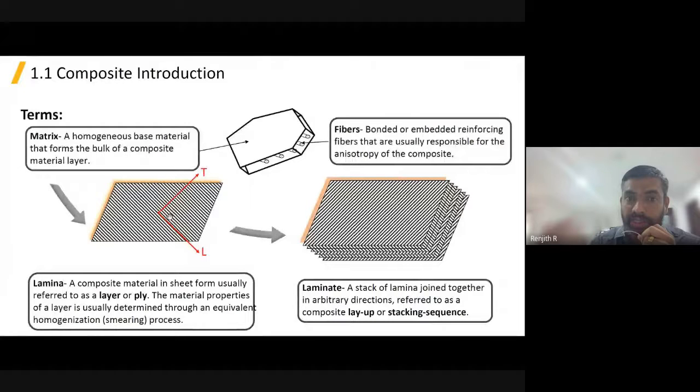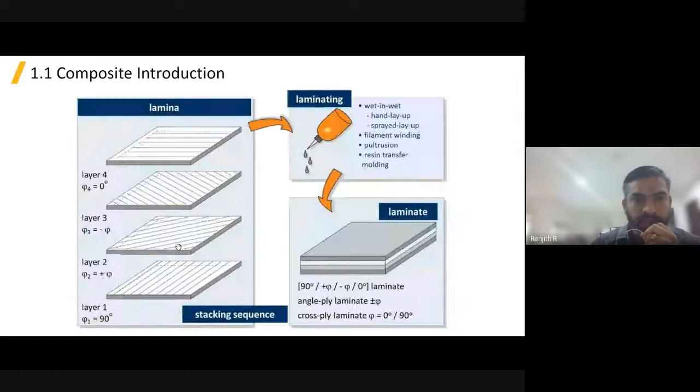And in the T direction there will be a lesser strength when we compare with the L direction. So similarly, if you want to create strength in multiple directions, we can create different layers: layer 1, layer 2, layer 3, layer 4, and in each layer we can change the direction of the fiber. So we'll get a complete strength in the required directions. So this is actually creating the material to our requirement.